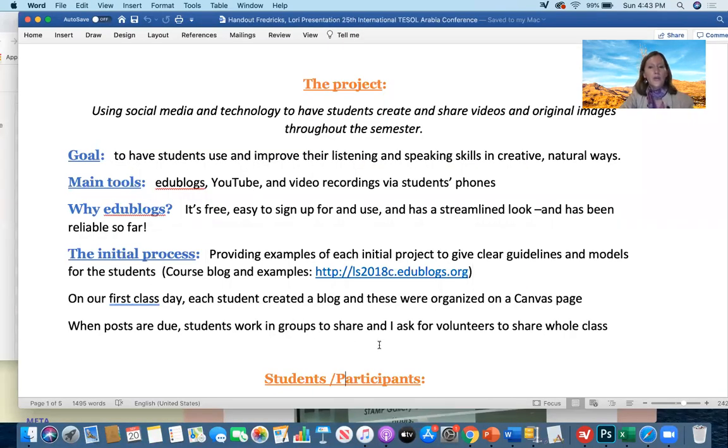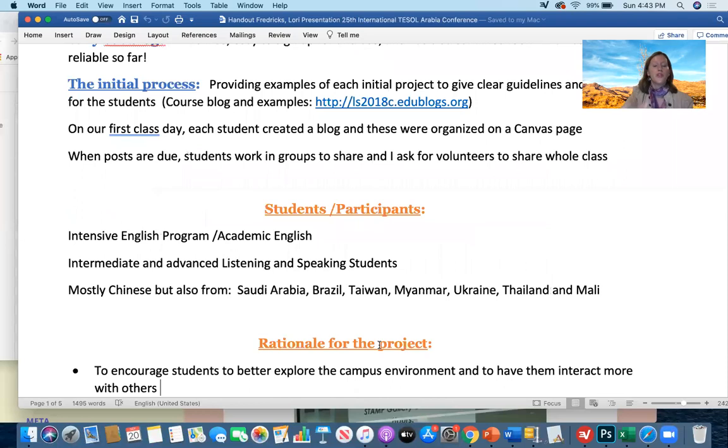going back to the students themselves, who they were. So the process, as I said, was having them create and upload these videos to EduBlogs. And then throughout the semester, we would also come back together and share in class what they had done, what they had collected. And I would ask for volunteers to project some of the examples for all of us to discuss. So they would share in small groups. I would circulate. I, of course, would view them individually as well as the instructor. But then I would also ask for volunteers to share.